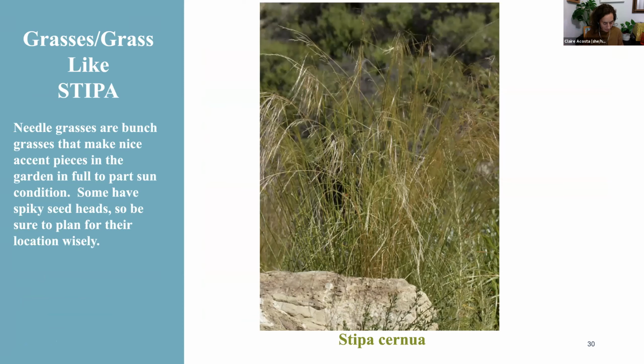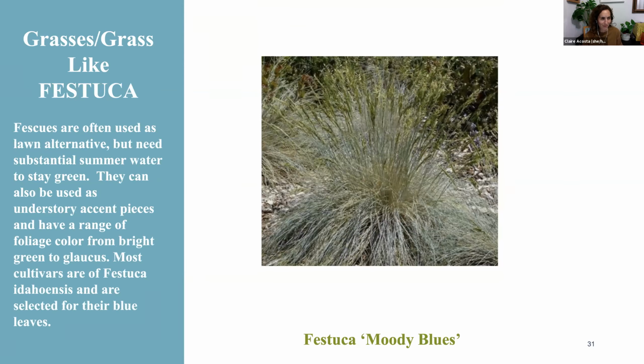Okay, Stipa, we have the needle grasses. There's definitely different types of Stipa. The Stipa pulchra is the purple needle grass, and the needle grasses do have a more pointy, spiky seed head sometimes. So you might want to be careful because they can stick in your socks and things, or your pet's fur. But not all of them are like that. But anyway, it can be a great accent piece, or like all the grasses, they have a similar